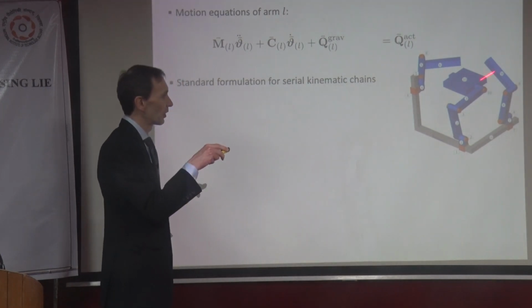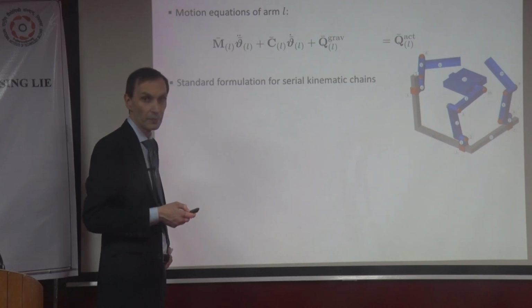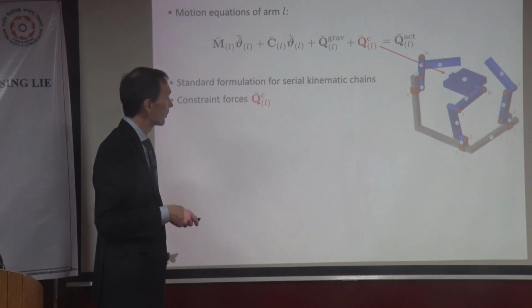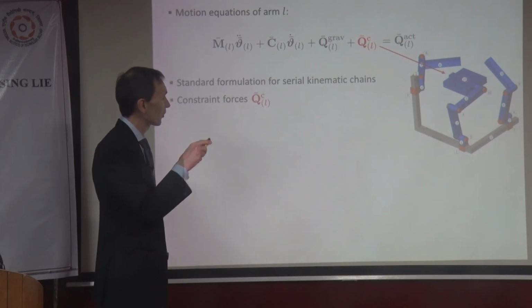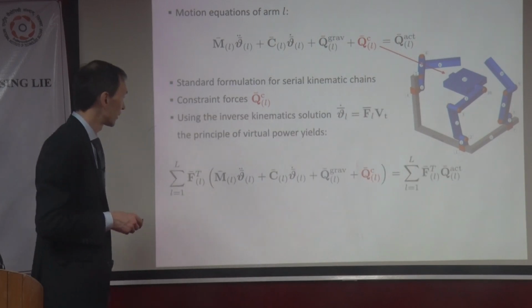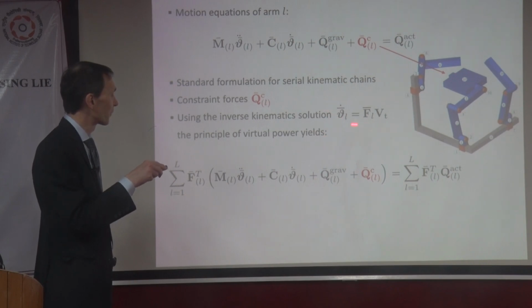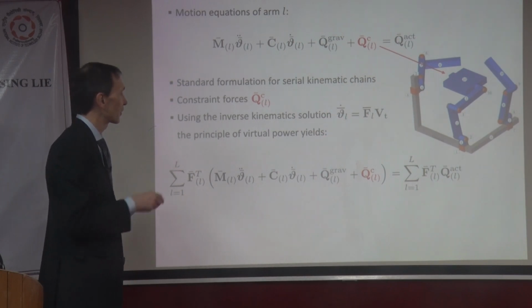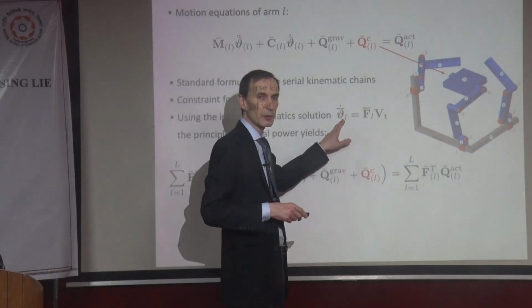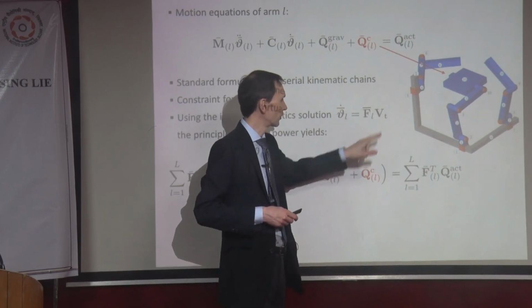Because what I want, of course, is to model the assembled system, not this kind of funny cut open system, okay? And that goes always the same. If I assemble it, there must be some constraint forces, right? If this is so, then I can again invoke this principle of virtual power, the Jourdain principle. And how does it go? I'm saying that, and this is the key again, possible velocities, I mean admissible velocities of the assembled system, that's the important thing, of the assembled system, as we said before, given in terms of